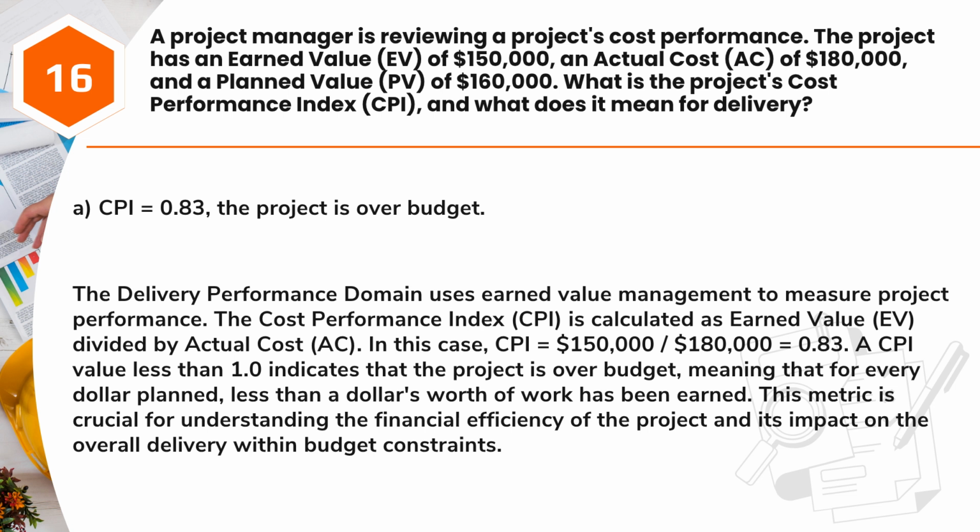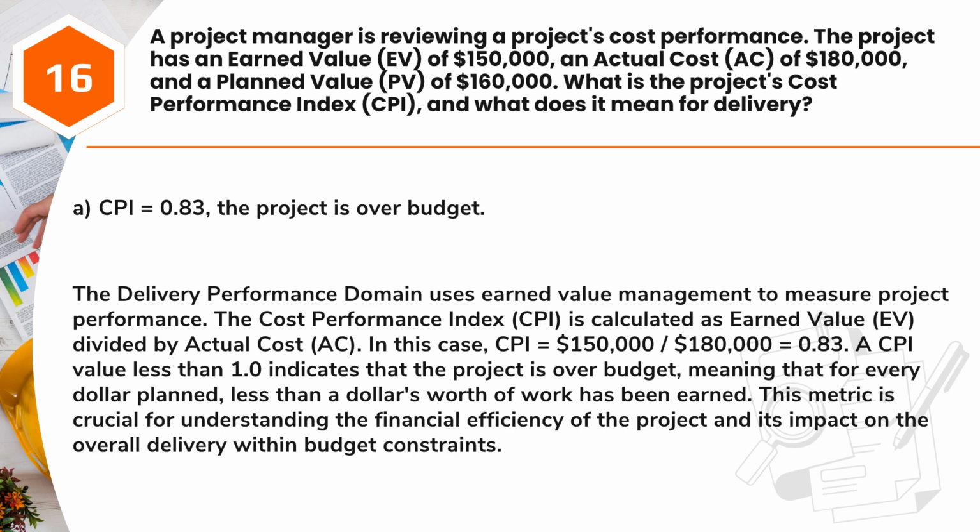$150,000/$180,000 equals 0.83. A CPI value less than 1.0 indicates that the project is over budget, meaning that for every dollar planned, less than $1's worth of work has been earned. This metric is crucial for understanding the financial efficiency of the project and its impact on the overall delivery within